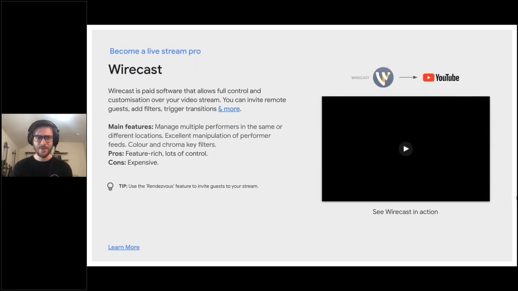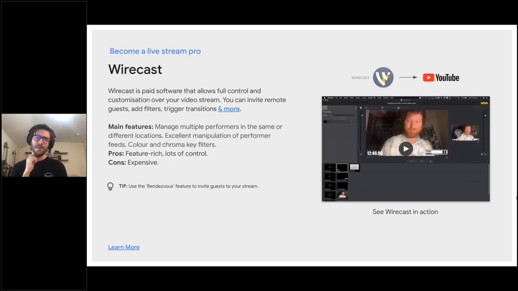And lastly, we have Wirecast. It's at a price point that is probably more appropriate for larger, more established arts organizations who aren't afraid to tinker around a little bit, and they're very comfortable technically, maybe have their own IT professional within, or a technically minded person. But it captures a lot of the features that we've talked about before, and it's really kind of the whole package. So a lot of features, a lot of control.